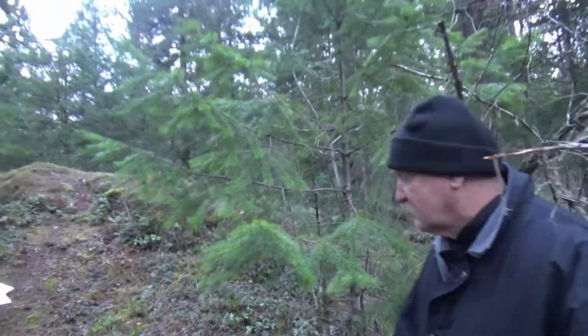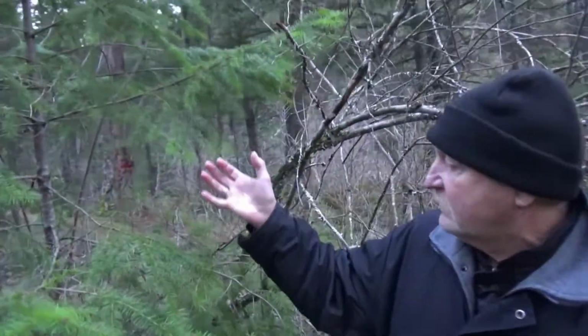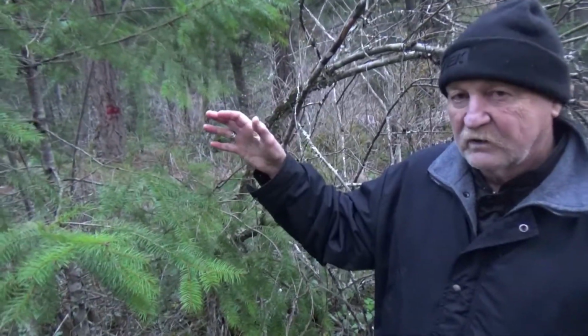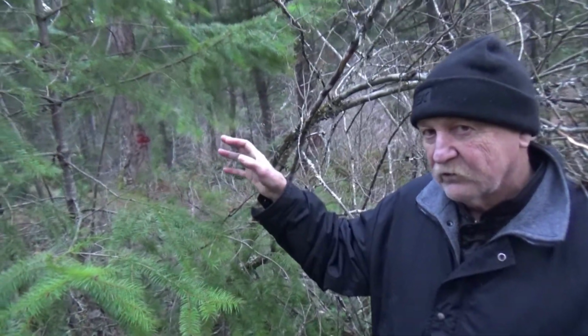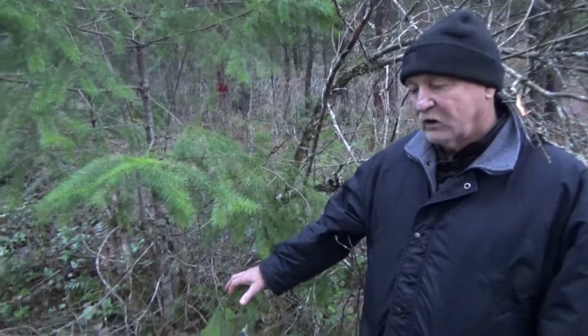So this tree, what I want to show you about this is the branches when I look at it. If you were to cut it and take it home and put it into your living room, it would look nice, and then the decorations are on it. Now, the reason why this tree is like this is because of two main factors. One is that the soil is very poor. There's bedrock down in here,